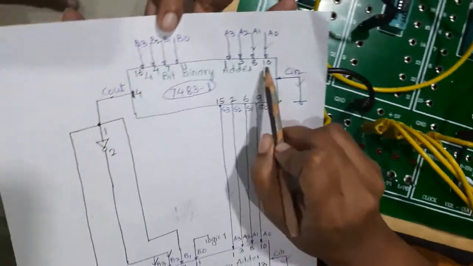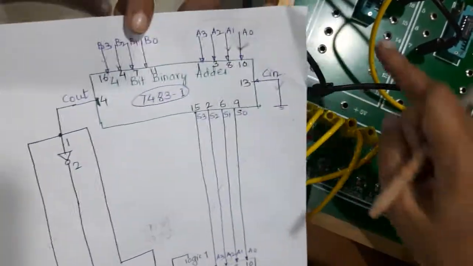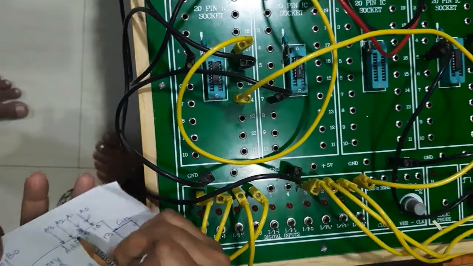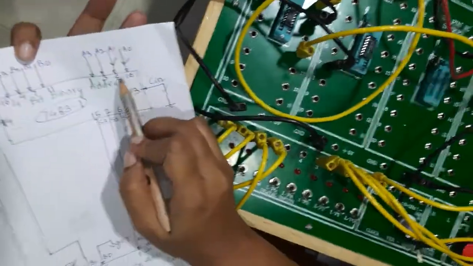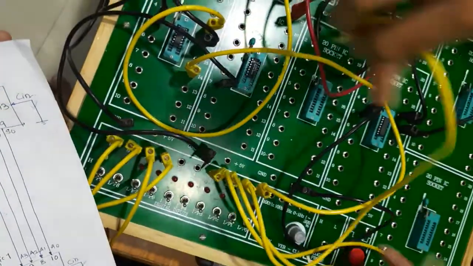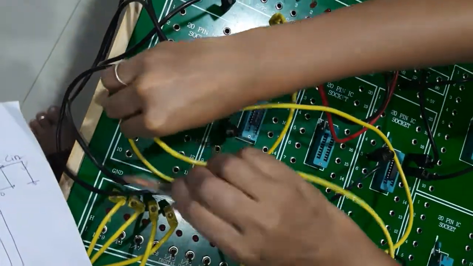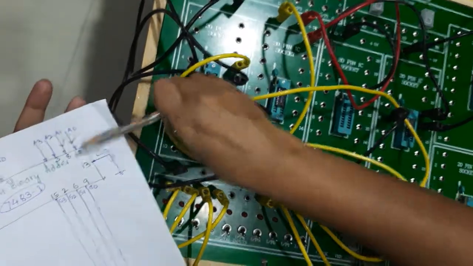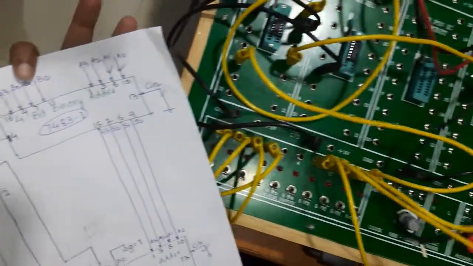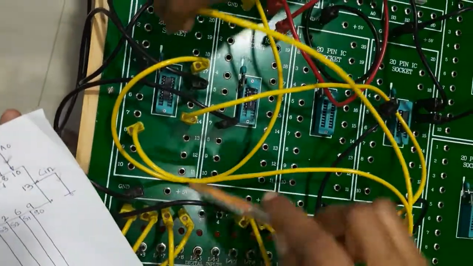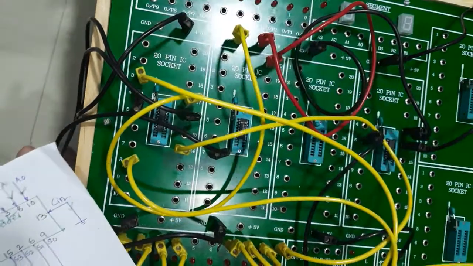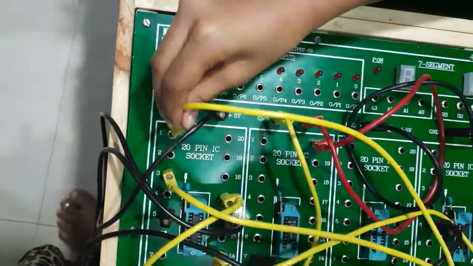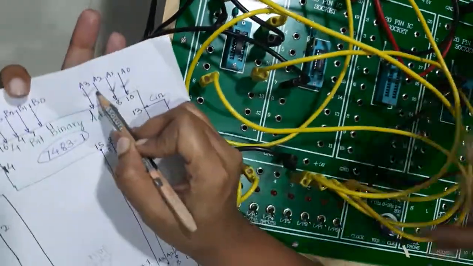Now what we have to do is, this A0 is to be connected to the 10th pin of this. So where is the 10th pin? Okay, so this is the 10th pin. A1 is to be connected to the 8th pin. Okay, so this is A1, it is to be connected to this 8th pin. This is the 8th pin, 8, 9, 10, the earlier was connected to the 10th one. Okay, A2 is to be connected to the 3rd pin of the first binary adder. So this is the 3rd pin. Now A3 is to be connected to the first pin of the first binary adder. Okay, so these 4 connections are done.